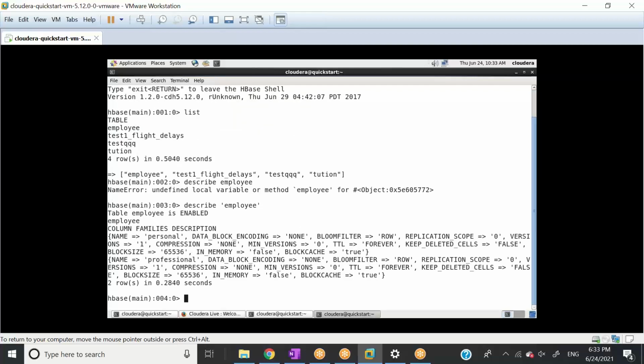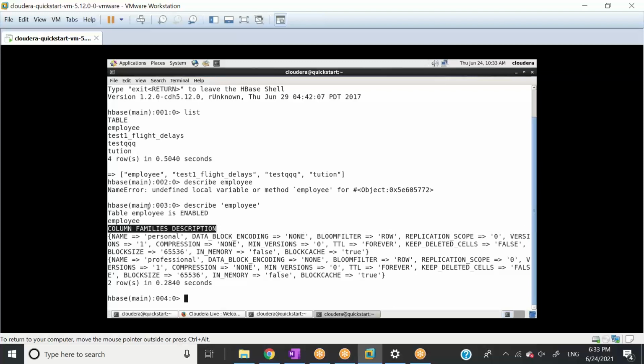Okay, so now when we talk about any table in HBase, I told you that HBase revolves around column families. So when I described the table, it described the column families, right?